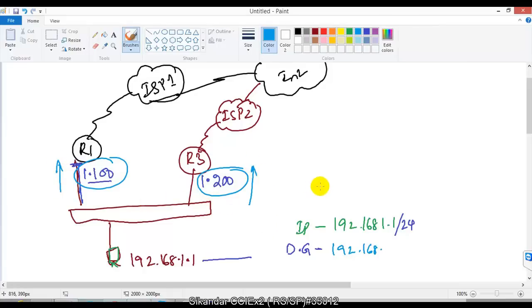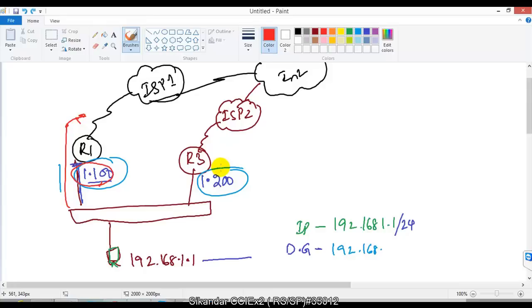Maybe you are using two different gateways, but in case something goes wrong, let's say this gateway is down, or maybe the ISP is down, there is some problem from the ISP side, or maybe the link connecting to the ISP is down, or maybe the link connecting router 1 to the LAN goes down. If something goes wrong on that particular path, automatically the users who are using this gateway will not be able to access the internet. So it's simple, those users will not be able to access the internet.